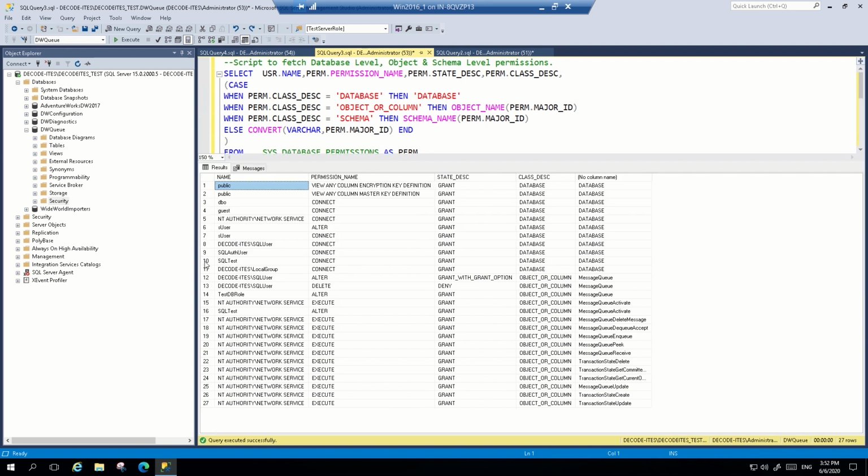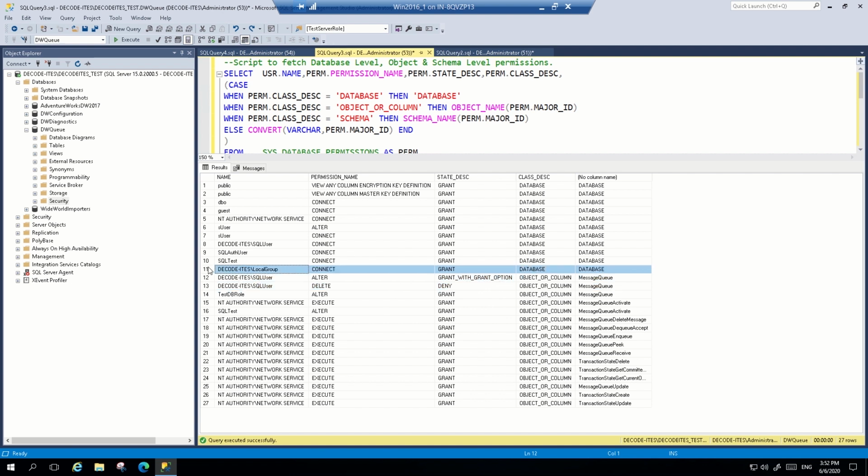This is our SQL test. SQL test has the connect permission, and SQL test is having alter grant permission on message queue active object. Next user is, we have created SQL user decode ITS. This is our Windows individual group, and this user is having alter grant on this object and delete on this particular object.